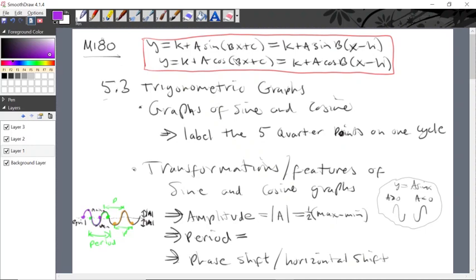That would be if b happens to be negative. And also, if we consider the magnitude of b, if that magnitude is either greater than 1 or less than 1, then we're going to have a horizontal stretch or a horizontal compression. Within the context of the trigonometric functions, the title we give to that, horizontal stretch or horizontal compression, is